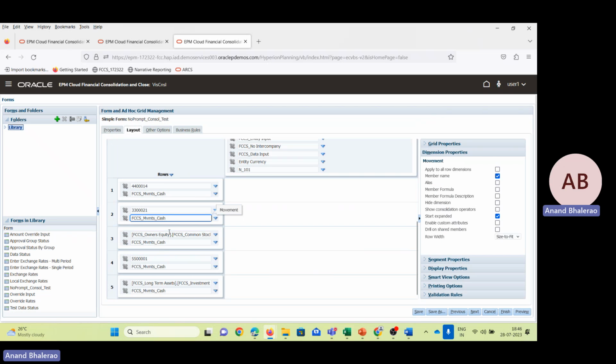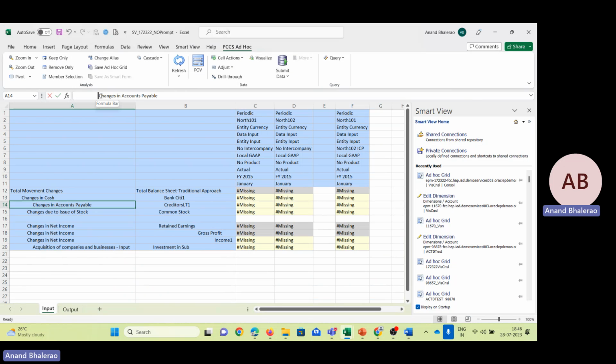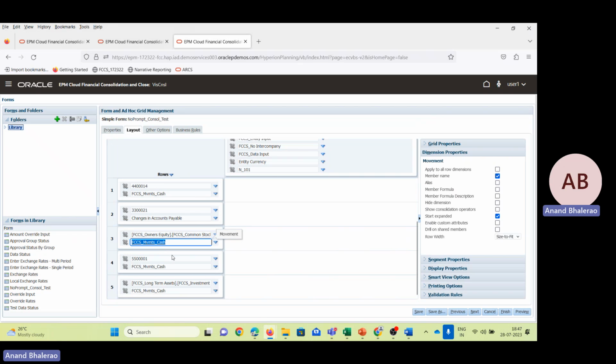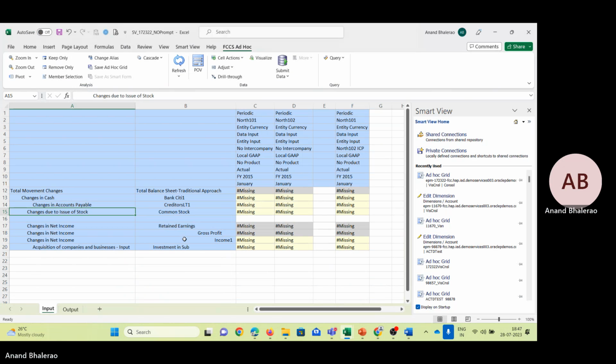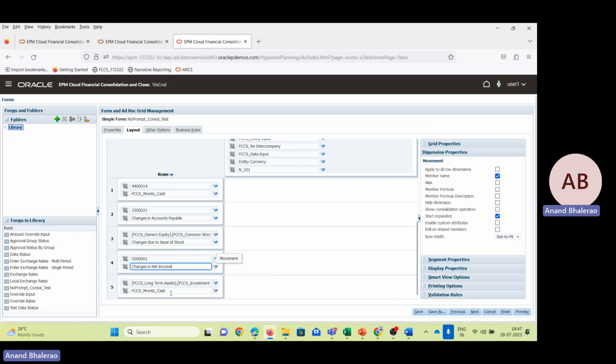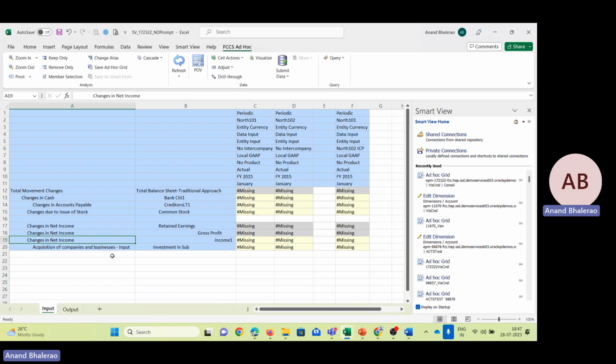We will take the movement as changes in accounts payable, and for common stock, changes due to issue of stock, and for income we will use changes in net income, and for the investment we will use the movement as